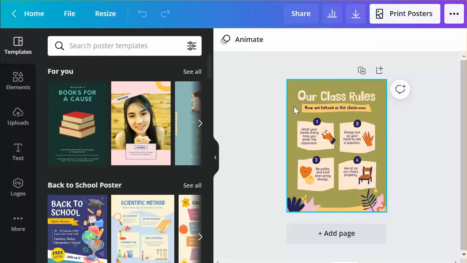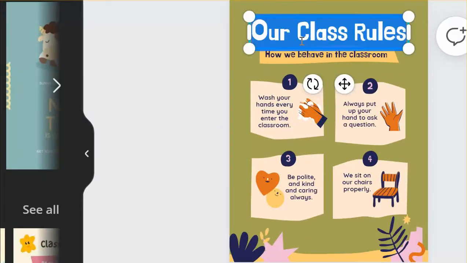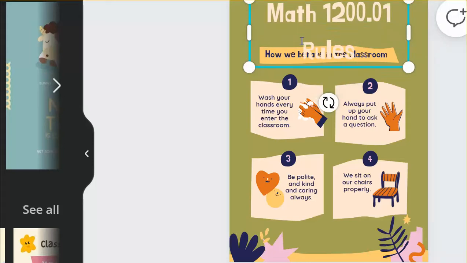So we're going to do our classroom rules. As you can see on this next page, you have the option to select anywhere in this template, and that way you can go in and customize it to your liking. So what we're going to do, let's take for example, this is going to be one of our online courses. We're going to say Math 1200.01 rules. Okay,